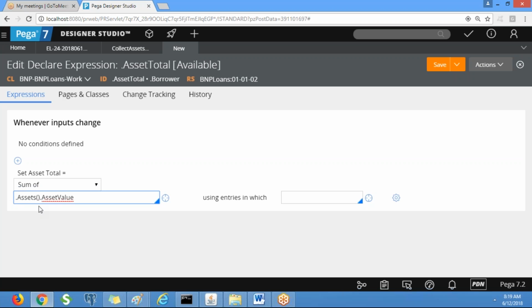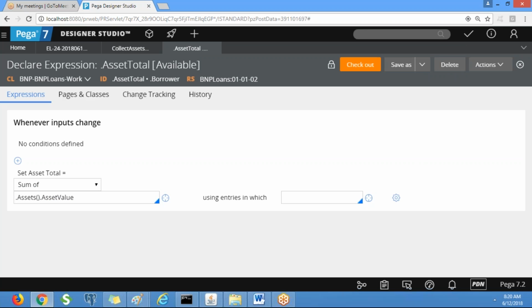Okay. In the bracket you should not put 1 or 2. You have to put open brace and close brace. If you put 1, it will take only the first record value. Here you need to take all the values of your assets. Clear?